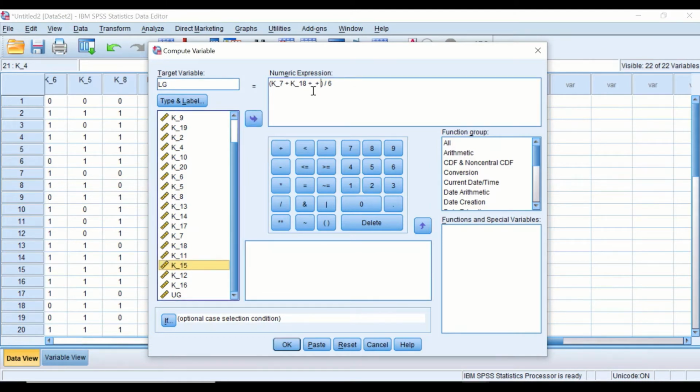next one. We haven't moved the 11th. And then we move the other one, and then the next one, and finally the last one. So we have here 1, 2, 3, 4, 5, 6 variables moved in between the brackets, and we need to add them up and then divide them by 6 to generate the lower group. So here we are calculating the lower group, and if you click on OK,